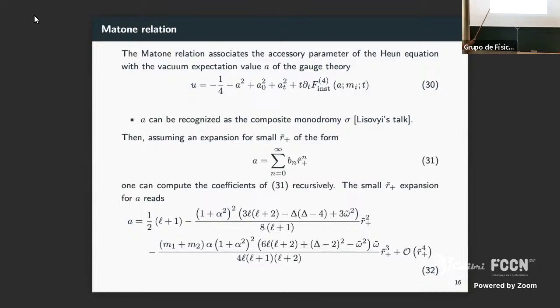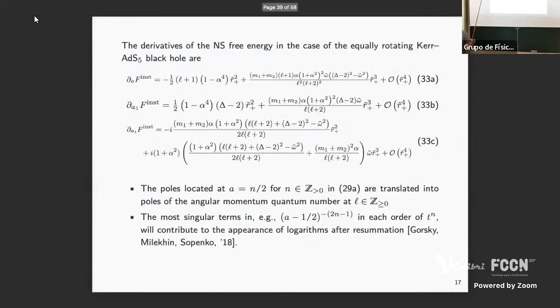So the idea is that you solve the Matone relation to find A, and as I said, this is just the equation that Alec showed us a few days ago. So we suppose this ansatz for the rotation, just for the small black holes, and we find the coefficients recursively. You see that the poles that appear in the instanton partition function are translated into poles of L, and subsequently they also appear in the derivative of the free energy. So you have these poles,